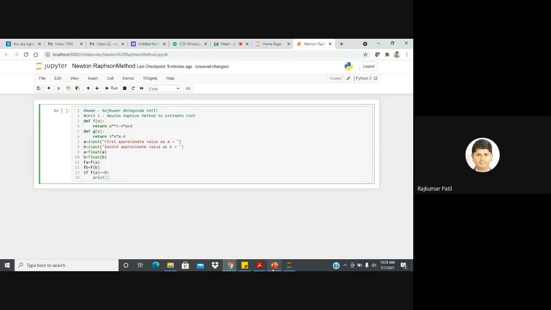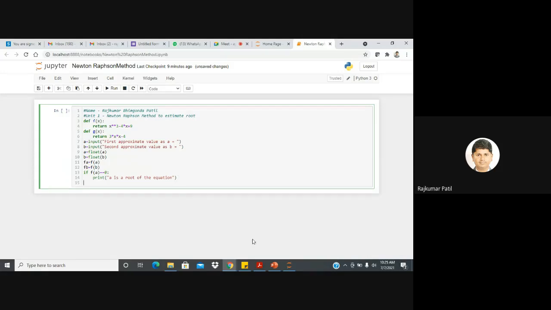We will print a is a root of the equation. So if f of a equal to 0 is true, then automatically this statement will be printed, and that's why I use the print command.